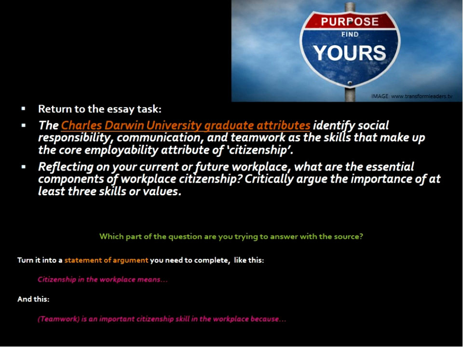Although I'm sure most of you are probably career driven in your choice to go to uni and do a degree. So you start off saying citizen in the workplace means, you define it, in other words, because it's quite a broad term,